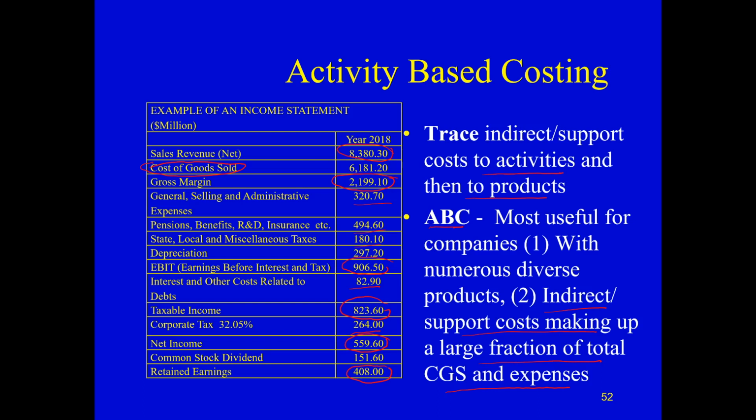They first have to pay the interest, then it becomes taxable income, and then they pay tax on that. Anyway, we will discuss the income statement and balance sheet in the coming lectures. But just to give you an idea, sales or revenue minus cost of goods sold is the gross margin,